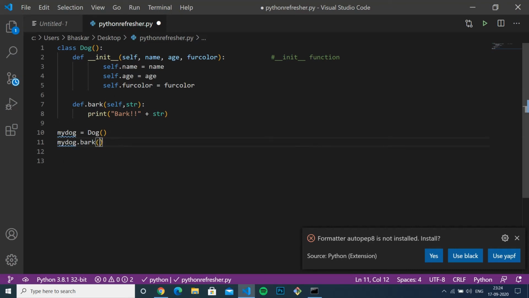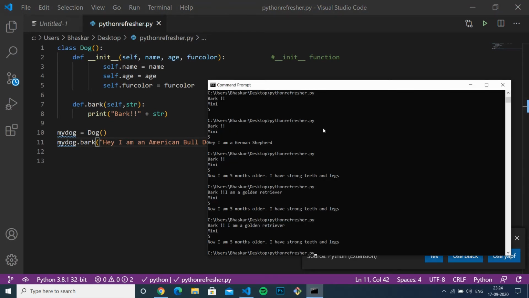And in this parenthesis, you can write anything. For example, hey, I am a bull, I'm an American bulldog. Alright, and if I go to CMD, I do python refresher.py,